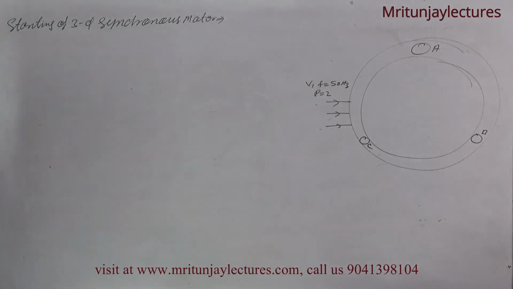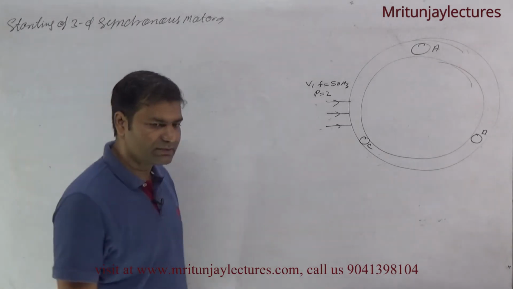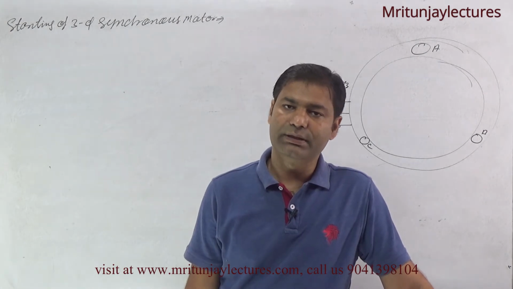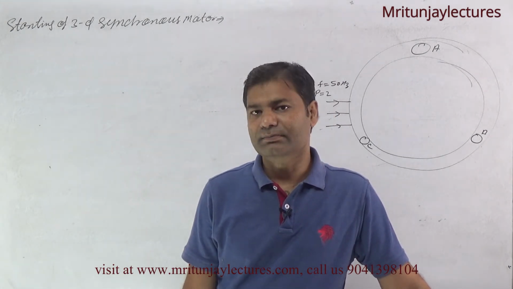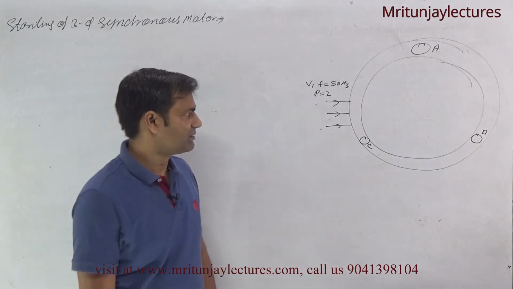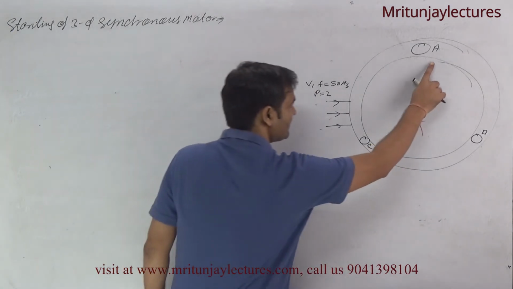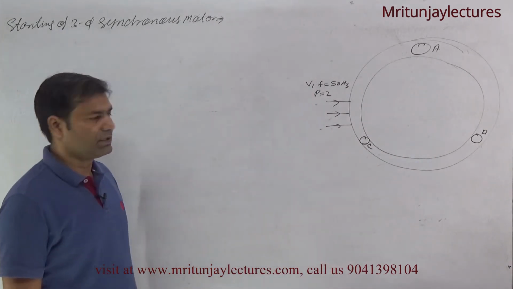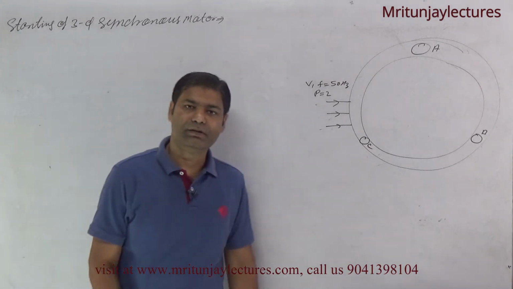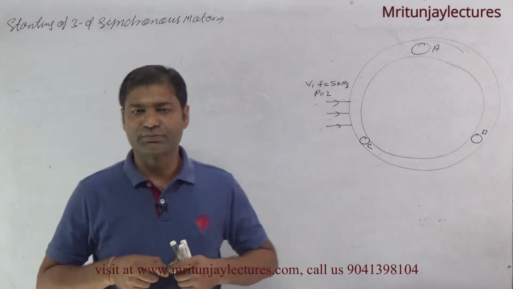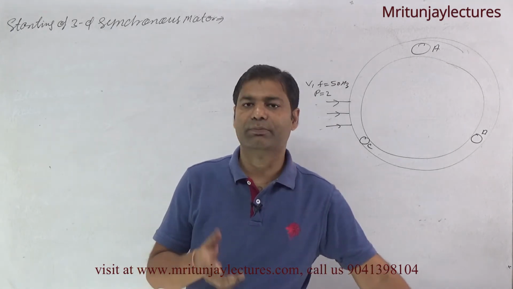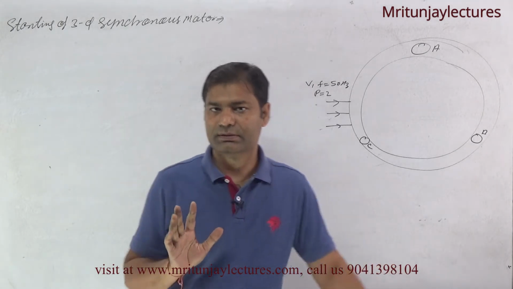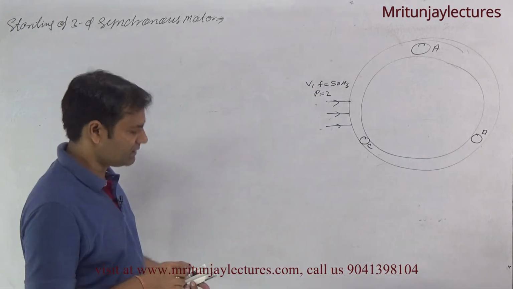Okay, I know that if three-phase supply on stator, then stator field with respect to stator winding, that is NS, equals 120 F by P. Here stator means, in a synchronous machine, armature winding is provided on the stator and field winding on the rotor. Why? I have already discussed, in the previous lecture, why in a synchronous machine we provide armature winding on stator and field winding on rotor.